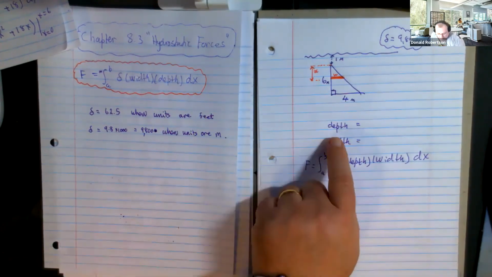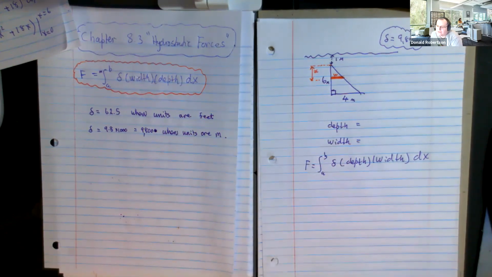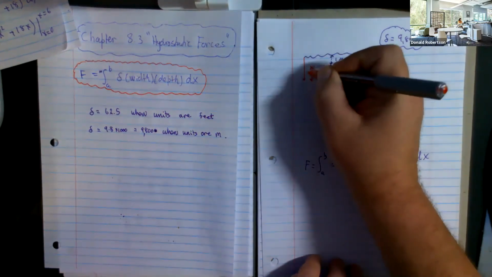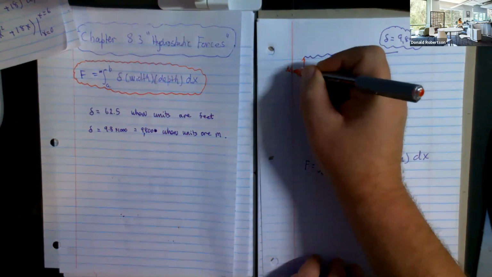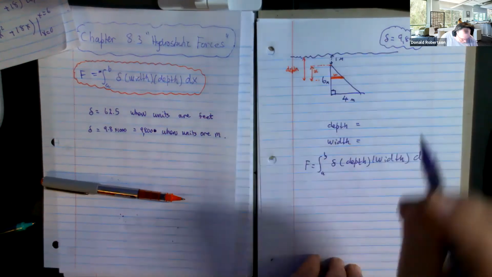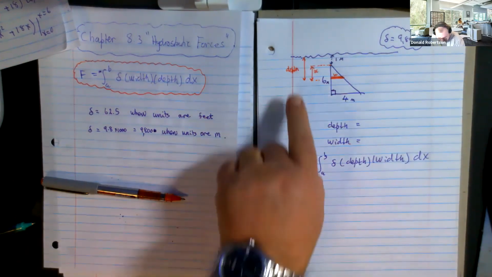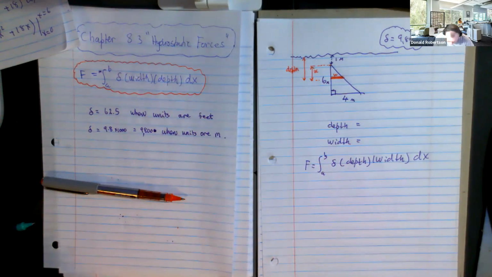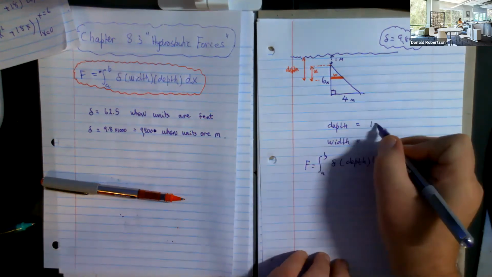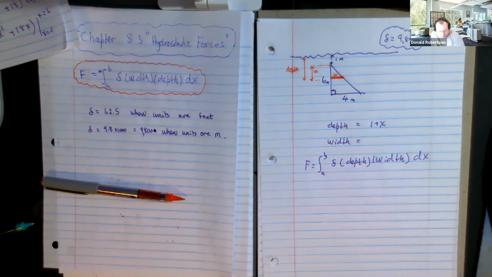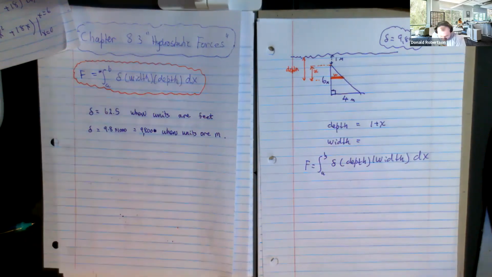So what's the depth going to be in terms of X? And the depth is from the surface to the strip W. So what's this distance here, the depth, in terms of X? 1 plus X. Okay. Are we comfortable with that? It's kind of what happened the last time. And jumping ahead a little bit,